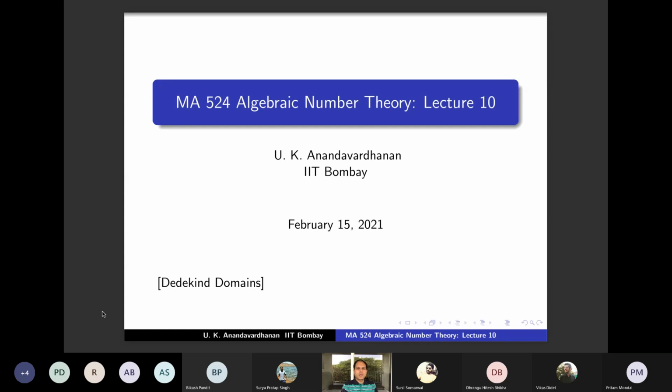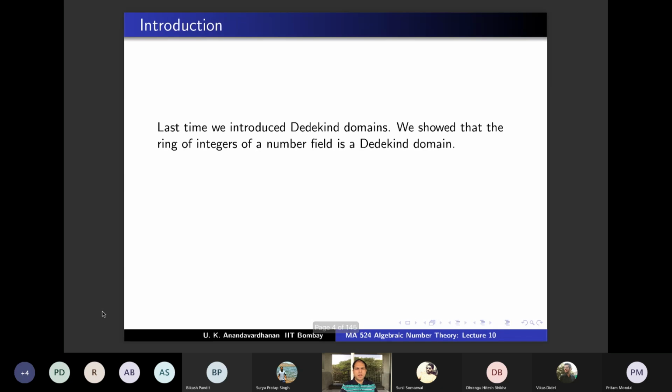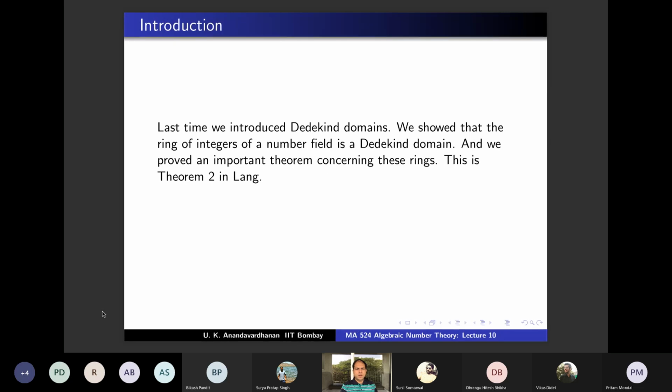So let's continue with Dedekind domains, and today is 15th. Last time we proved this important result. We introduced Dedekind domains. These are commutative integral domains with unity, with three conditions: Noetherian, integrally closed, and dimension 1. Every non-zero prime ideal is maximal. And we showed that the ring of integers is a Dedekind domain when we proved this important theorem, theorem 2